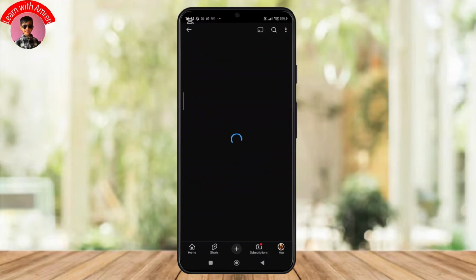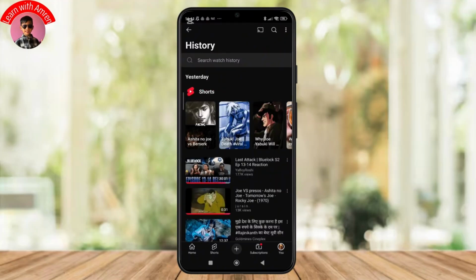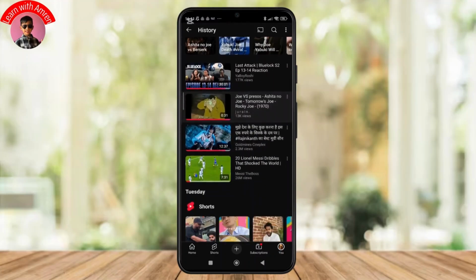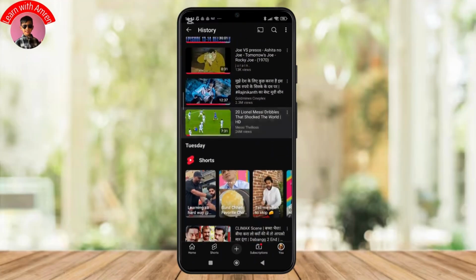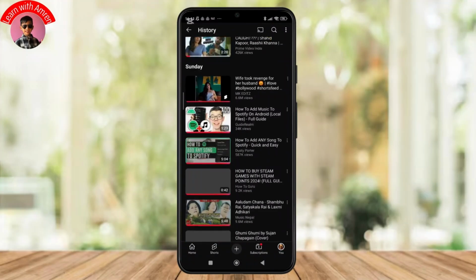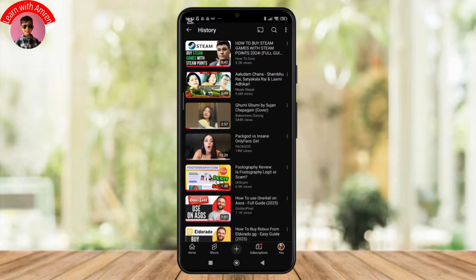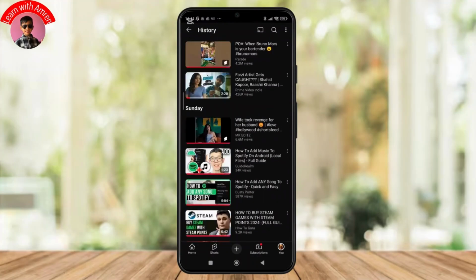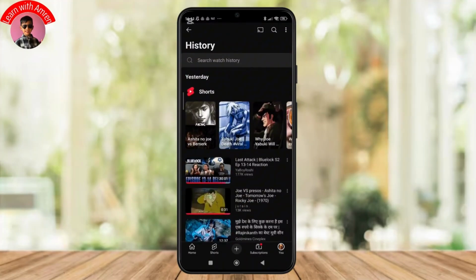If you want to see your full watch history, tap on the View All button and this will display everything you have watched with the most recent videos at the top, and you will see both short videos and longer videos organized for easy browsing. But if you want more control over your history and need to find something specific, simply